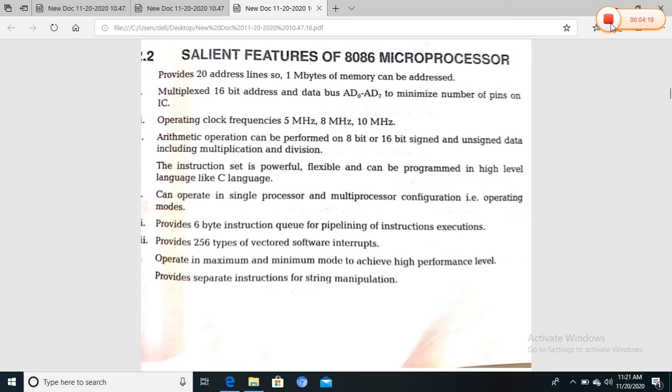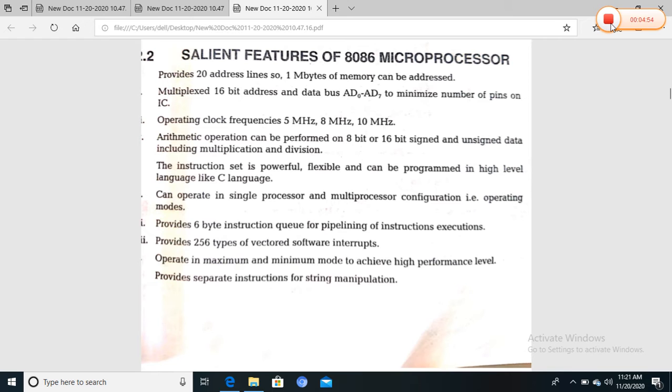It provides 256 vectored software interrupts, and operates in maximum and minimum mode to achieve high-level performance. It also provides separate instructions for string operations. It is a 16-bit microprocessor having 20-bit address lines, of which some are multiplexed with the address lines, and the remaining are multiplexed with